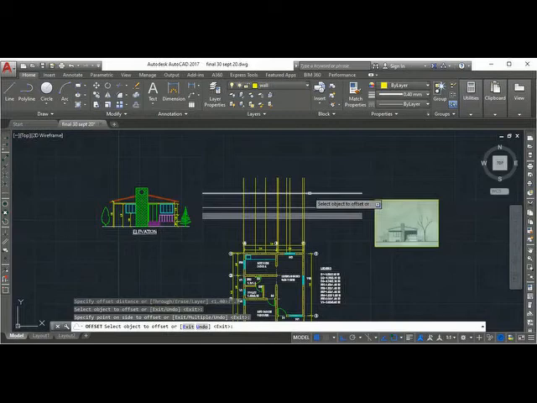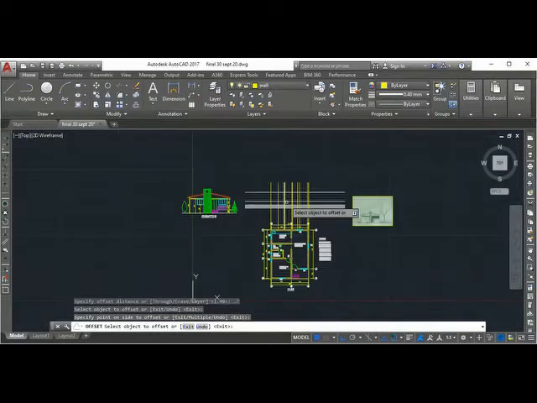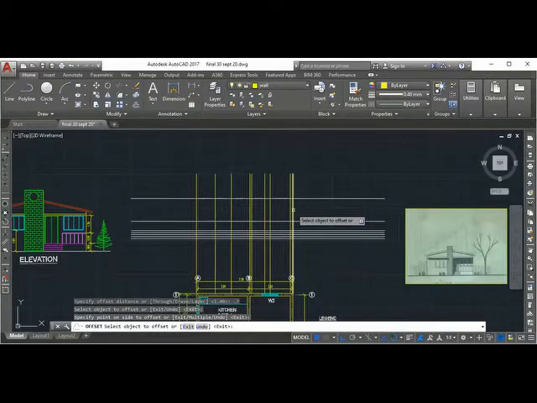So we reach lintel level, which is 2.1 from plinth level. Now the roof. From the lintel you require about 10 centimeter sunshade. The thickness of the sunshade will be 5 centimeter, but you will be constructing a small block on top of it so that water will not flow directly. So usually you keep about 10 centimeter, that we'll do later.